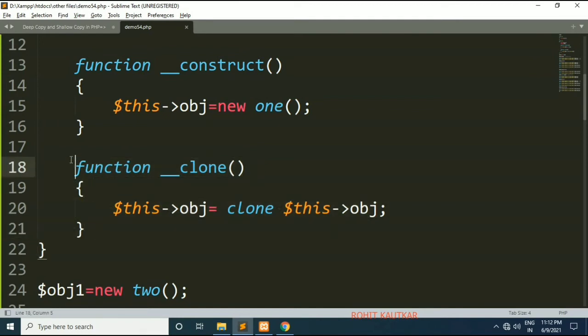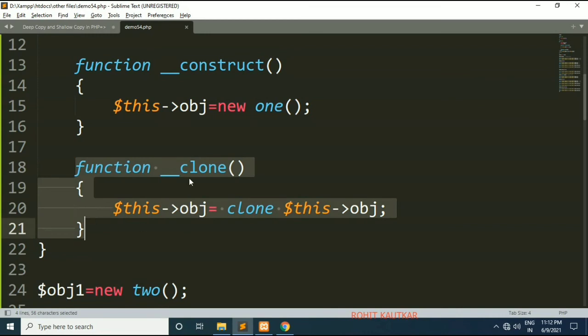If you don't provide the implementation of this clone method, then it will create a shallow copy. Here we are overriding the clone method, so it gives us more flexibility to perform some extra action if you want. This statement is allowing us to achieve a deep copy instead of a shallow copy.